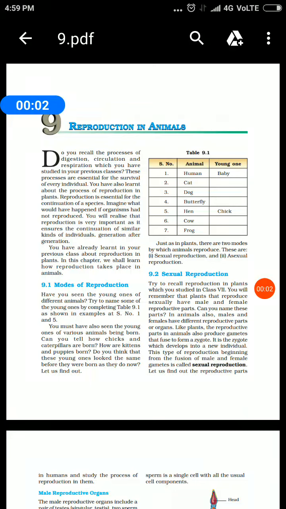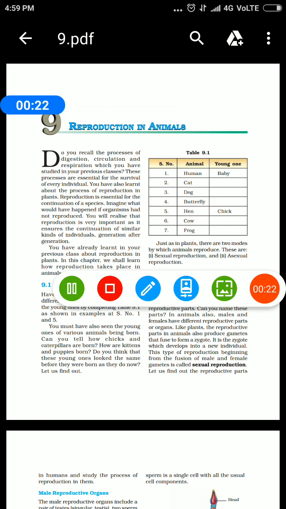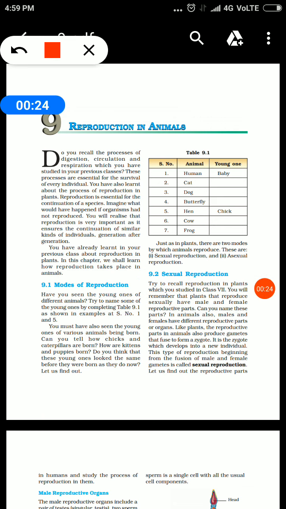आज हम स्टार्ट करेंगे चैप्टर 9 रिप्रोडक्शन इन एनिमल्स। सो लेट्स स्टार्ट। सो ये चैप्टर है रिप्रोडक्शन पर, और इसमें लिख रखा है रिप्रोडक्शन इन एनिमल्स। पर बेसिकली हम ह्यूमंस रिप्रोडक्टिव पार्ट्स भी देखेंगे और वो कैसे रिप्रोड्यूस करते हैं उसके बारे में भी थोड़ा सा जानेंगे। सो लेट्स स्टार्ट विद दिस इंट्रोडक्शन ऑफ द चैप्टर।